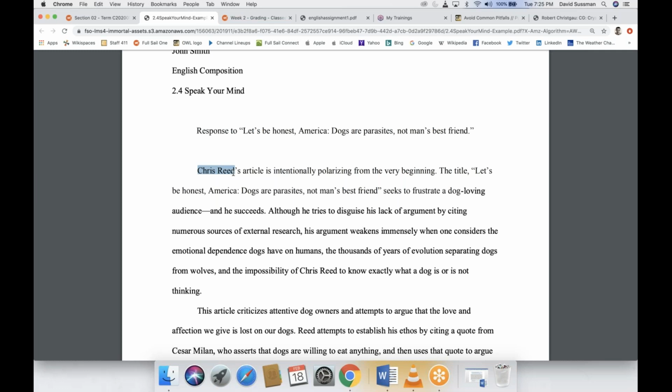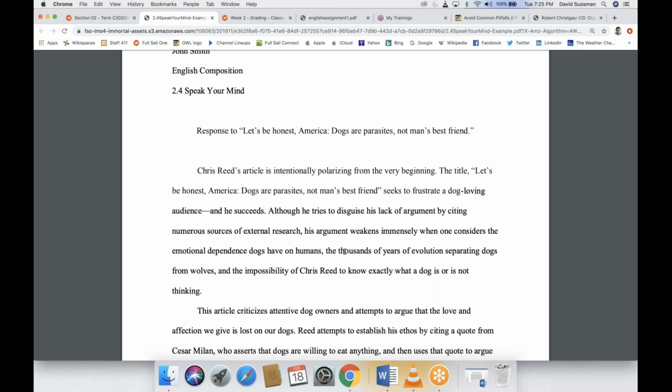First, they introduce the author's name. They do mention the article. They describe the gist of what the article is about. And this person has a pretty sophisticated thesis because this person actually lays out the three main points they want to make. His argument is weak. Okay, his argument weakens when one considers A, the emotional dependence dogs have on humans, B, the thousands of years of evolution separating dogs from wolves, and C, the impossibility of the author to know exactly what a dog is or is not thinking. You can make a thesis like that lists your 3 points, or you can have a